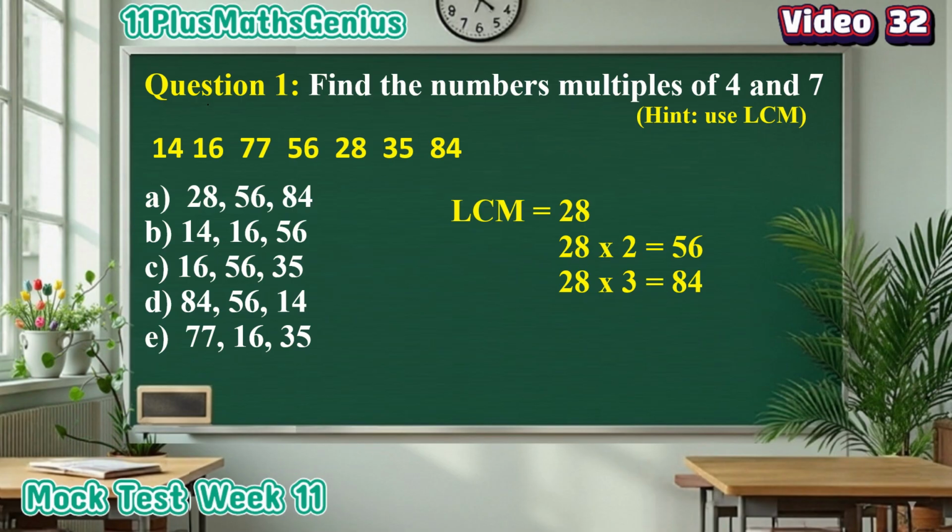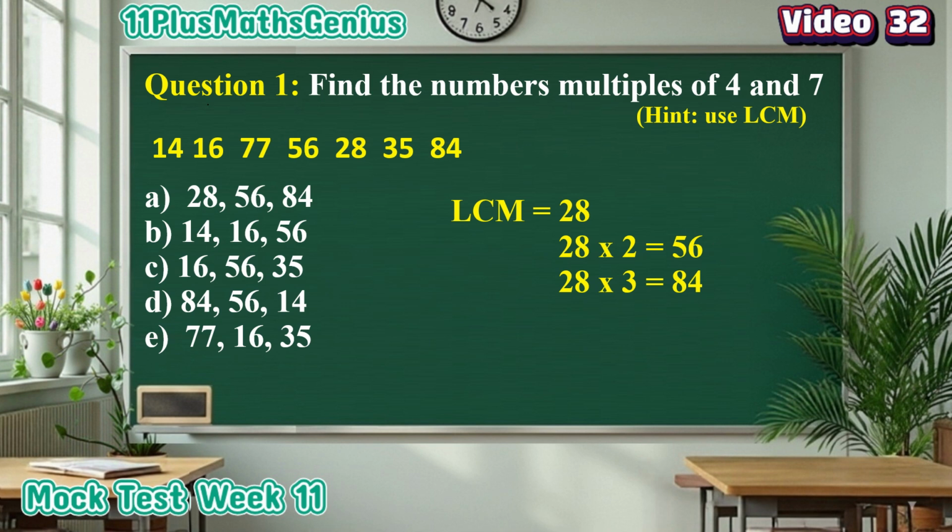So we know that if a number is lower than the lowest common multiple, which is 28, it can't be a multiple of 4 and 7. Now, the lowest number that can be divided by 4 and 7 is 28. And the next smallest number that can be divided by 4 and 7 is 28 multiplied by 2, which is